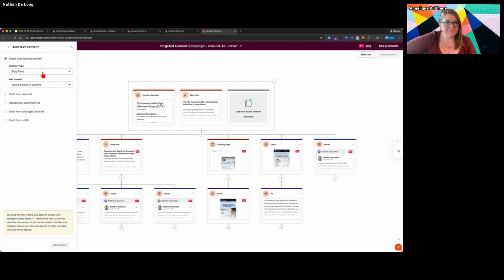That can be content that you have saved already within HubSpot. It can also just be free-form text, a document, a Google Drive file. So if you are using Google Drive to store some of your campaign briefs and things like that, you can pick those up from here, or again, from an external URL.